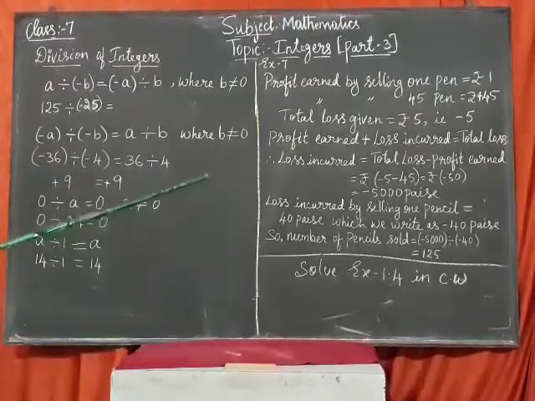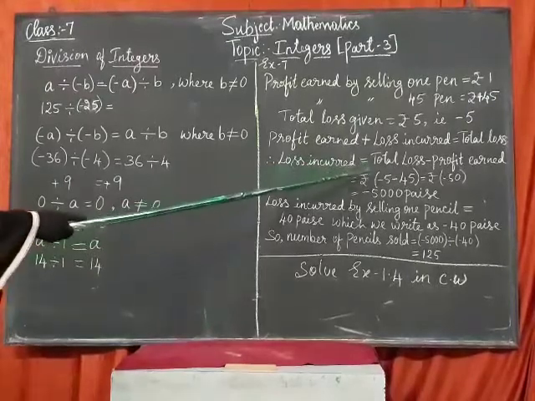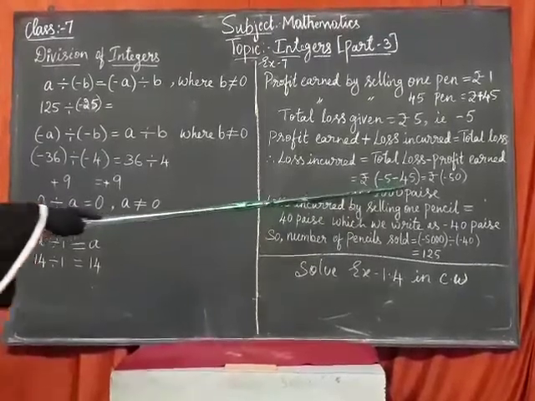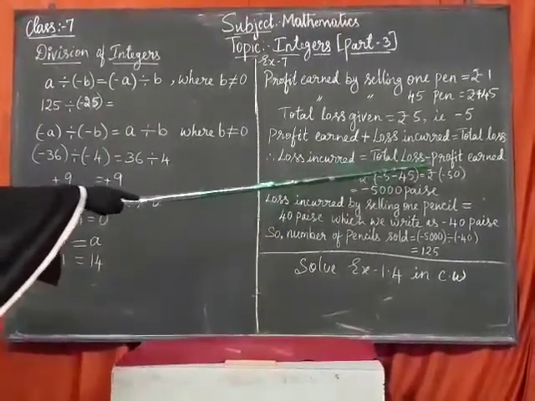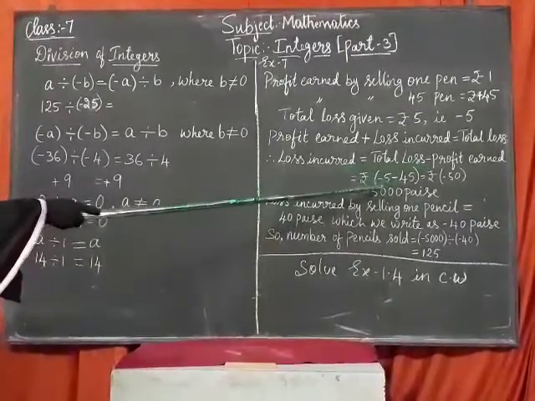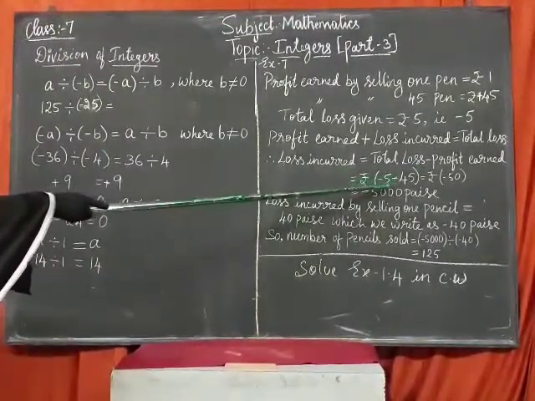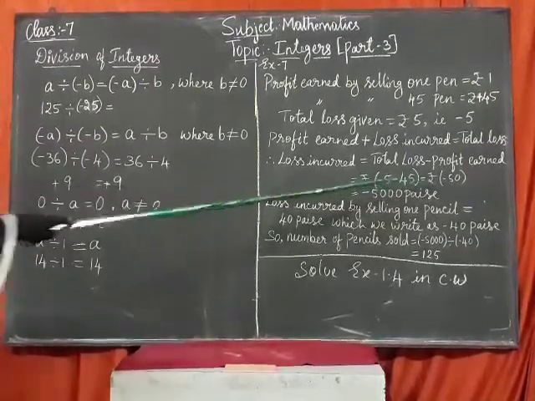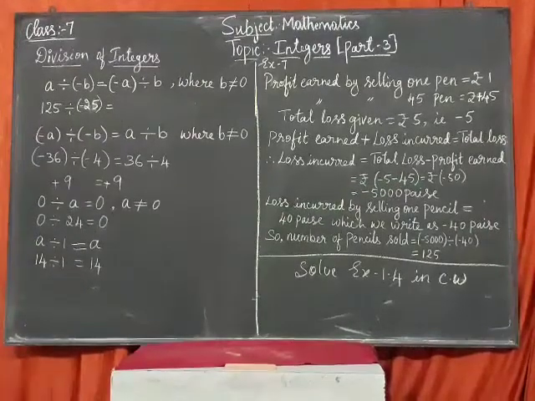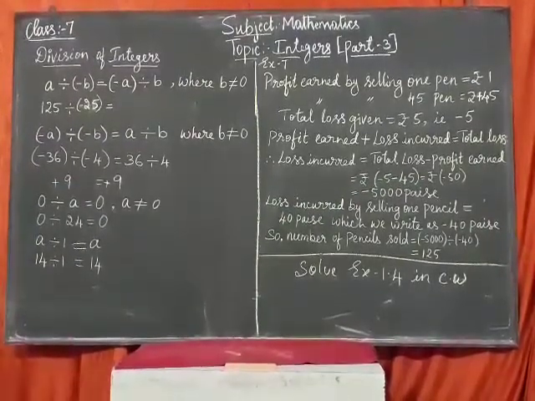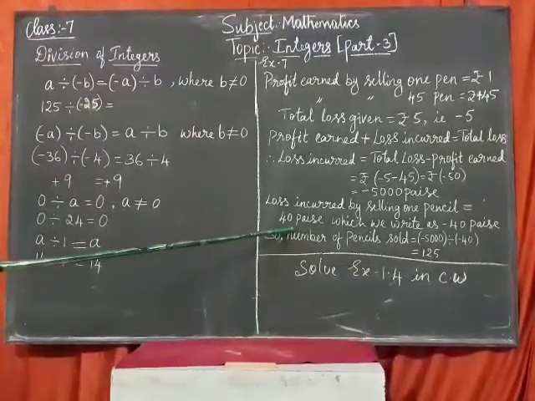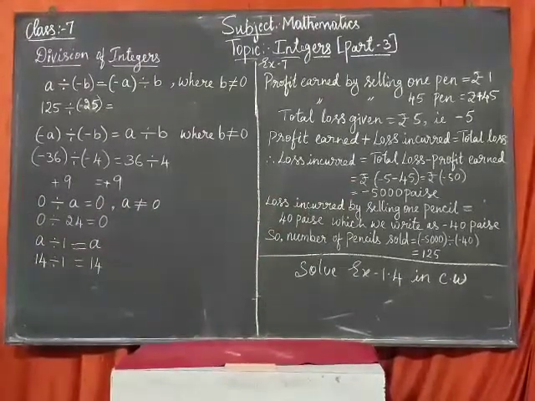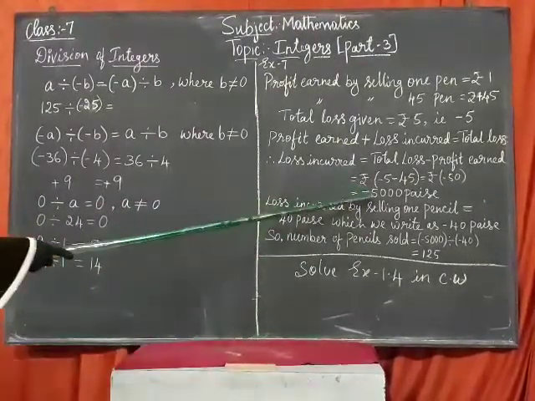What is the total loss here now? Total loss is given there, right? Minus 5 and minus 45. That is nothing but minus 5 is the total loss. Profit is 45. Minus of minus will become what? Addition, but you have to give the negative sign. That is 50, minus 50. Now minus 50 rupees it is. Actually the pencils are in paise, so convert that rupees into paise. 1 rupee is 100 paise. 50 rupees is 5000 paise.